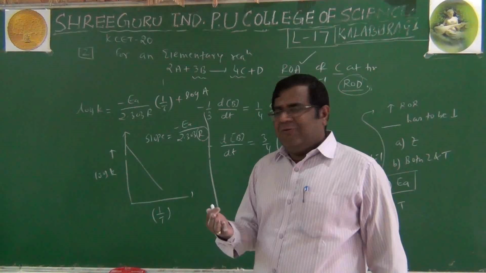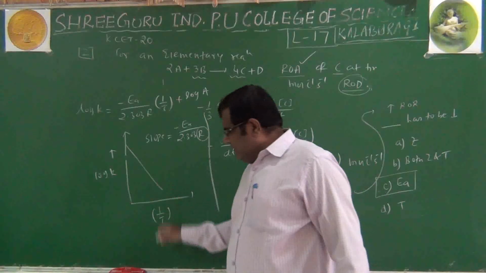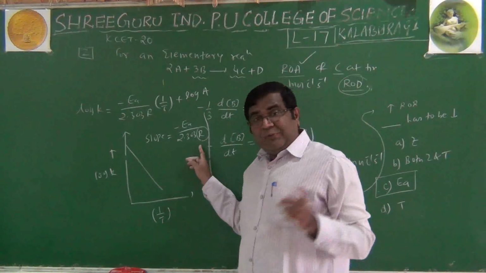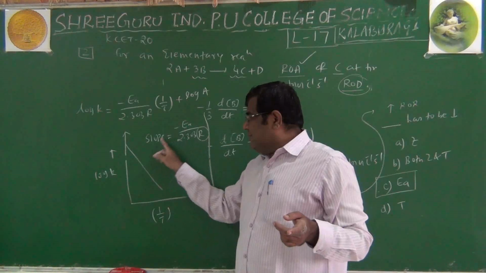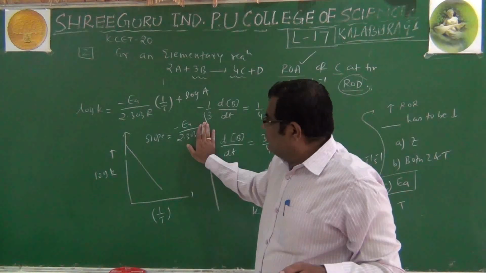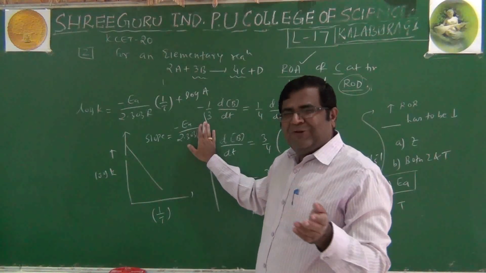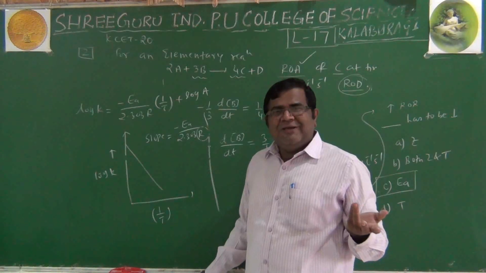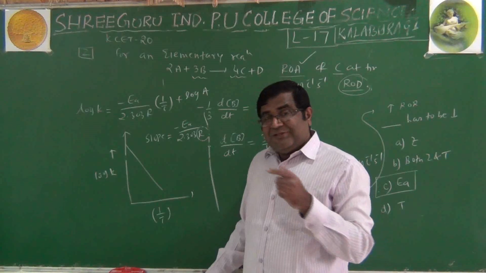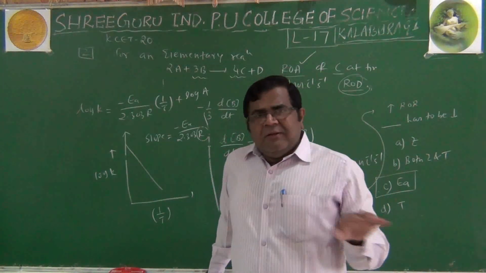You understand how I missed that. Even though I had written it correctly while solving, this happens sometimes. But this R is important here. So minus Ea is equal to slope into 2.303 into R, not just slope is equal to minus Ea by 2.303. That's why I am referring to it. If you have watched carefully, you might have realized. Otherwise, you also might have missed that point. But this is very important. I should confess this.